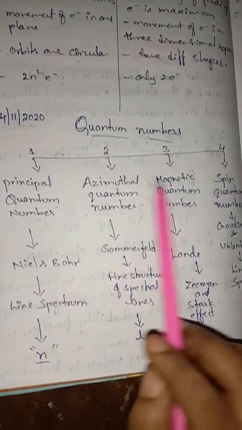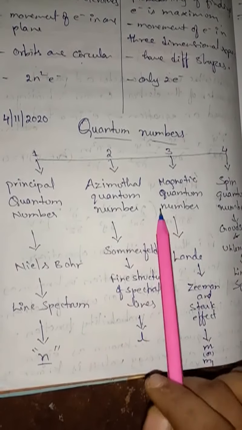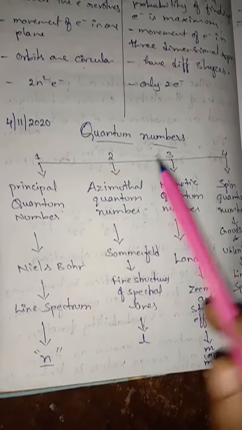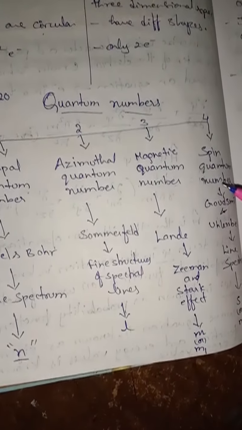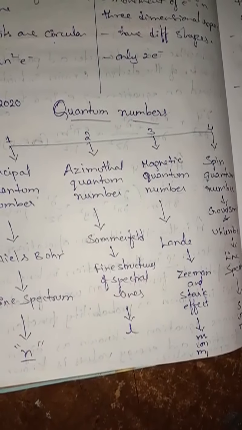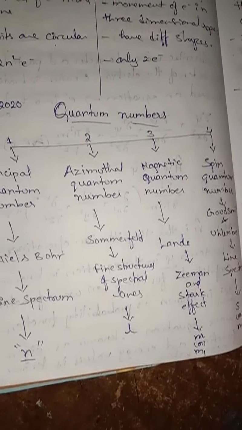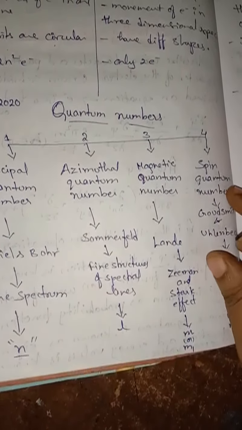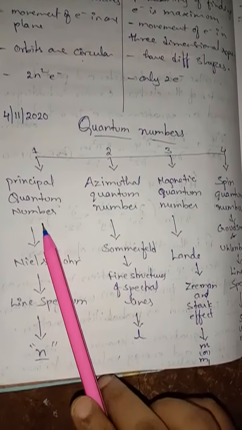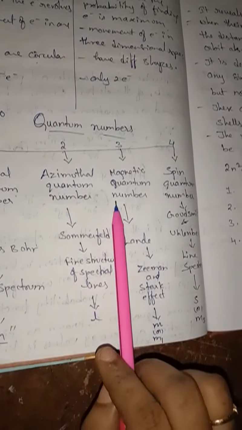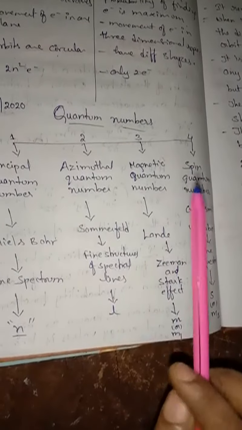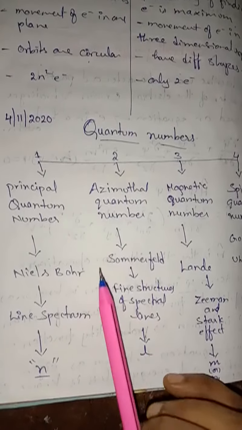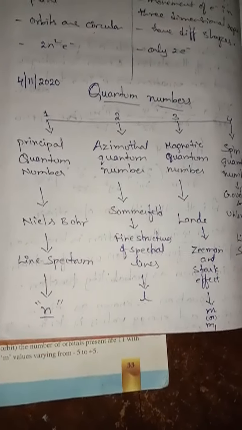These quantum numbers describe the energy level of an orbital and define the shape and orientation of the region in space where the electron will be found. And the fourth one is the spin quantum number, which is needed to specify the direction of spin, meaning in which way the electron is moving, in a clockwise or anti-clockwise direction. So these are the four quantum numbers: principal, azimuthal, magnetic and spin quantum number. These are required to know how the electron behaves in an orbital. One by one we will see in detail.